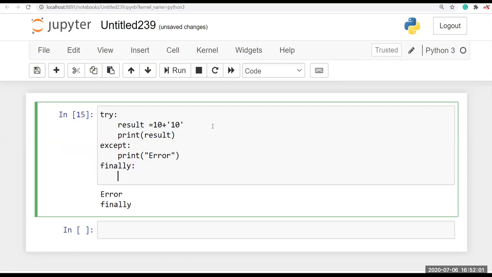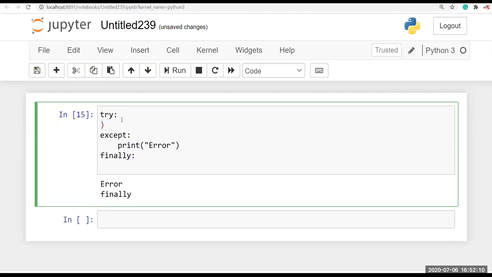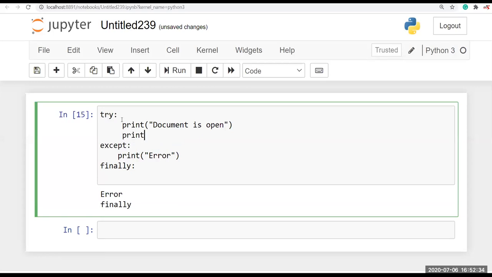And the finally block, you should use it to close your databases and close your documents. I'll show one example here. I just print server or your document is open. In this line we have no error. Here I'm going to give some invalid syntax, right, for a print function.